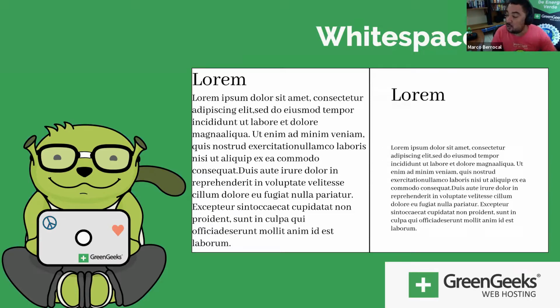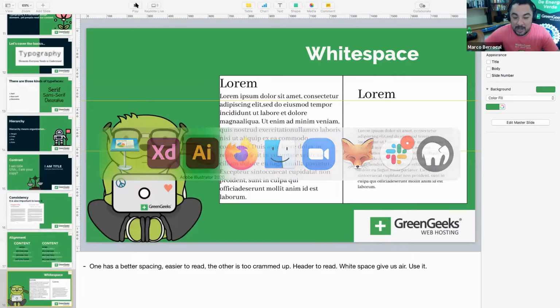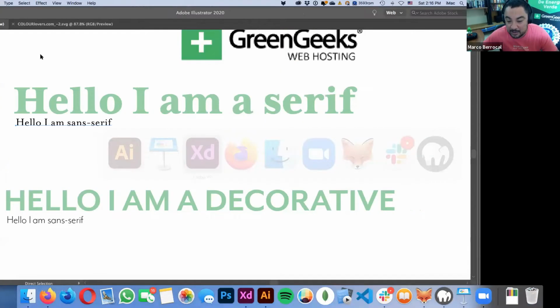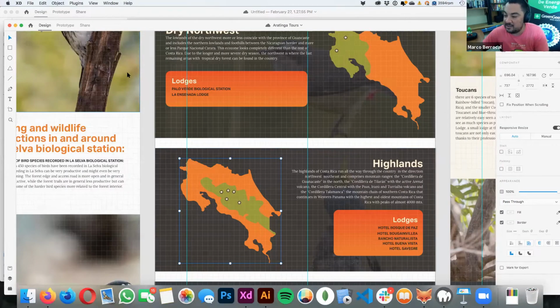The body copy is too large, whereas the one on the right creates a better balance. Why? Because the font size is smaller, and the text is clearly separated from the body copy, though I think it's a little bit too much of an overkill. But again, it's up to you, and it's just better to read. So think of white space as air. Again, going back to our example over here, I'm creating a lot of space for each entity to be